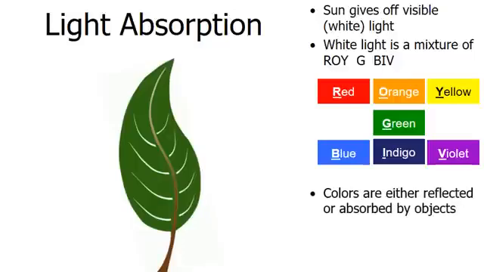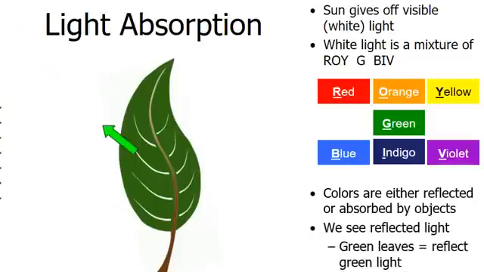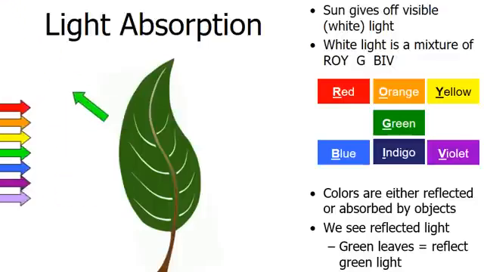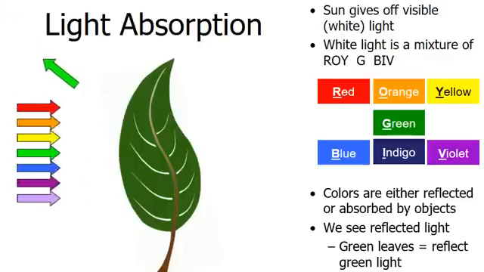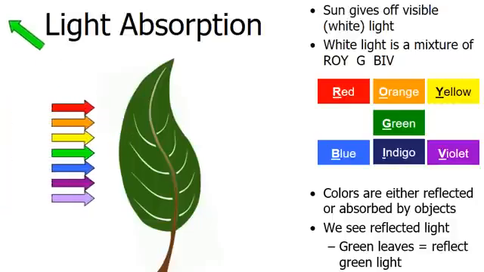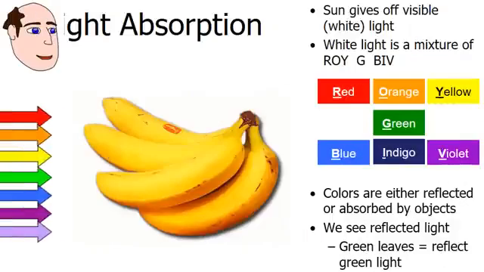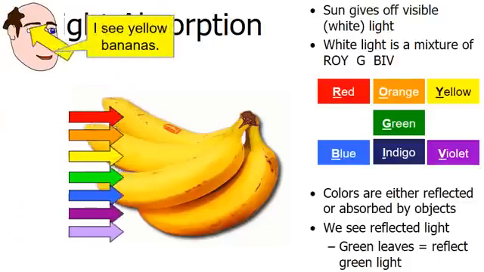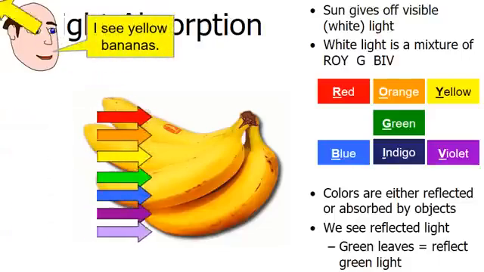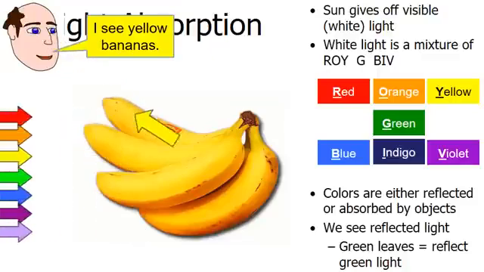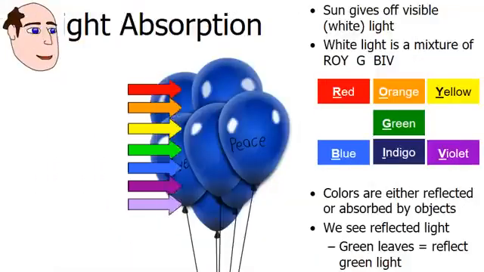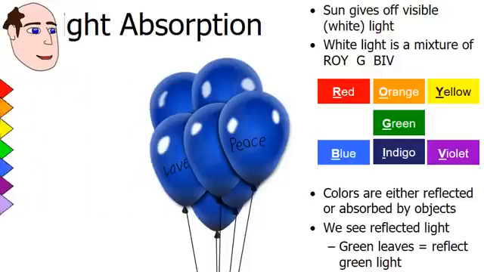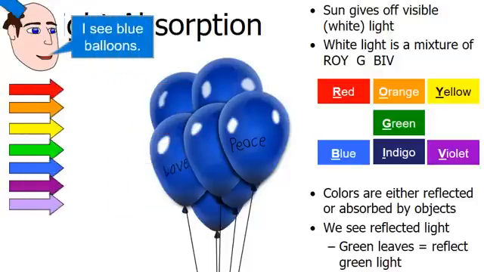And so colors are either reflected or absorbed. When sunlight shines on an object, what we see is reflected light. The reason this leaf appears green is because it's reflecting the green wavelength of light. When light shines on these bananas, the reason it appears yellow is because the yellow wavelength reflects, while the other colors are absorbed. When we shine light on these balloons, the blue wavelength reflects into our eyes, and the other